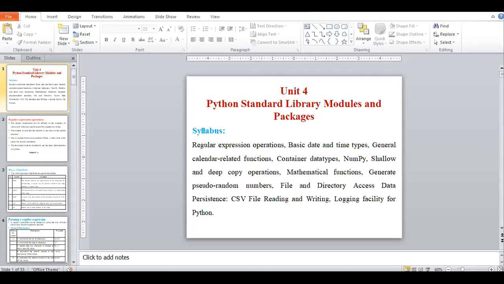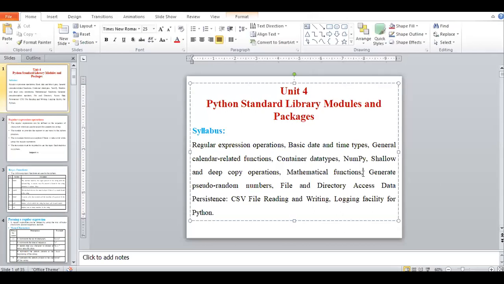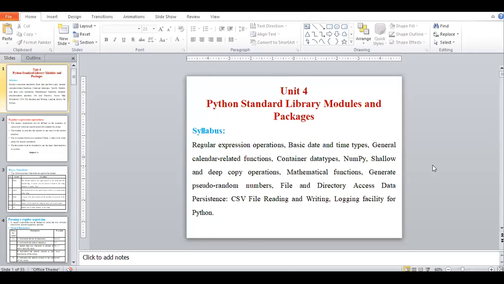In mathematical functions, I gave you a link in the last lecture. In that, more than 50 operations are there related to mathematical functions, like cos and all such functions. Directly it will return some output. So how many of you are performing the operations related to mathematical functions in the list which I provided you in the last lecture?